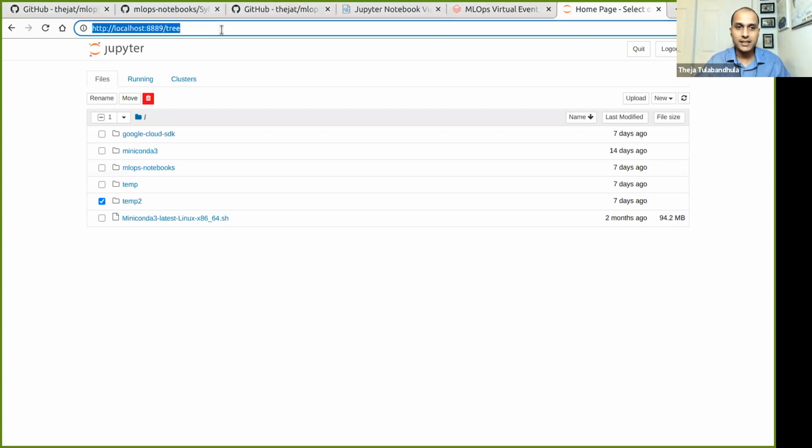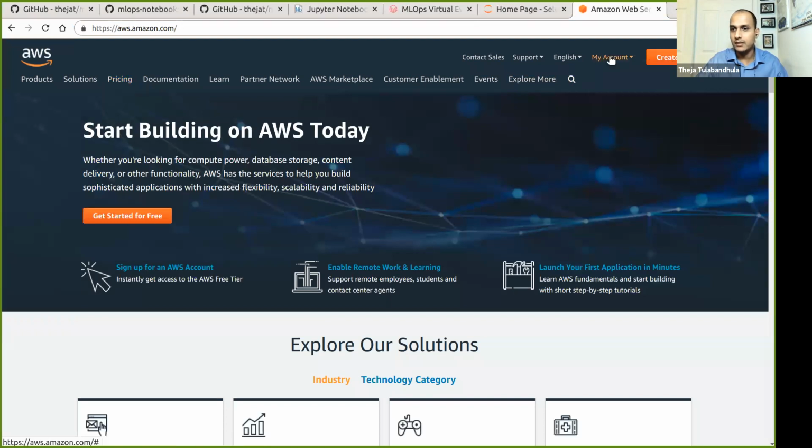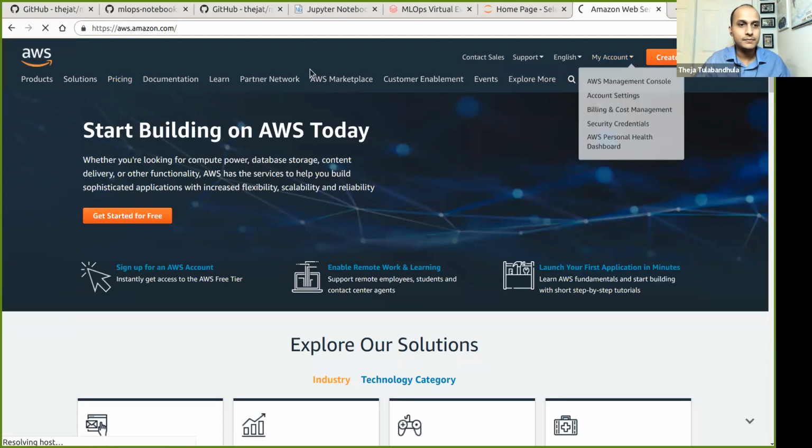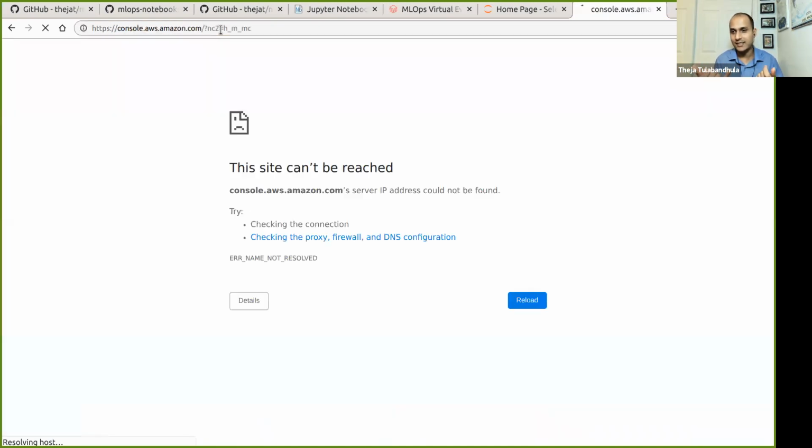But how did I get to this page, right? This getting to this page is kind of pretty much done. So anything that you wanted to do on your local machine, let's say Windows or Mac or whatever, as long as you can get to this page, this page requires you having that PEM file, right, from, let's say, AWS. When you log in and start an instance, and we have seen that process a couple of weeks ago, when you try to rent an EC2 instance, it'll say, hey, download a PEM file. And as long as you have the PEM file, and as long as you have access to something with which you can SSH, right? SSH is the protocol.